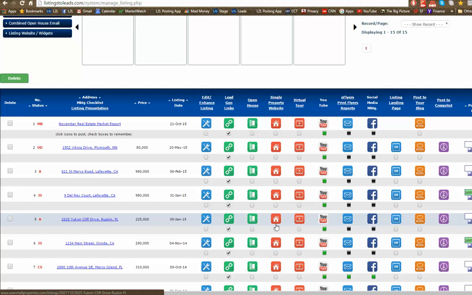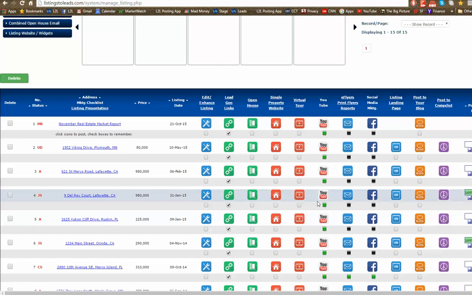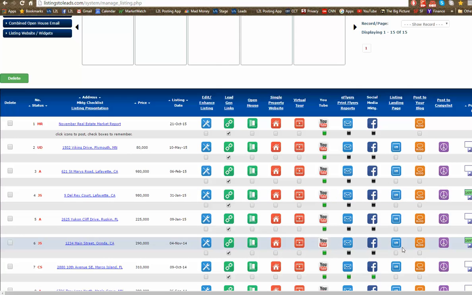Do it for 3 or 4 days, 5 days at a time, to get thousands of people to see that you're an actual realtor in your market, okay? There's another great tool. It's called the listing landing page, and we can see it over here to the right